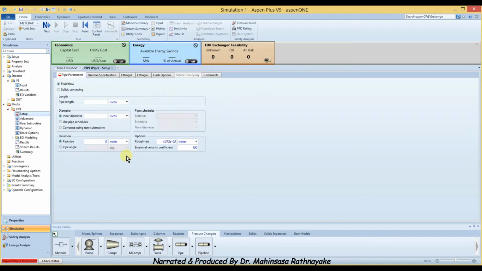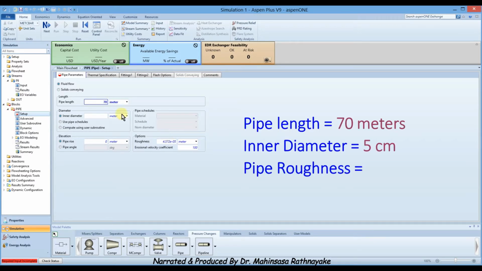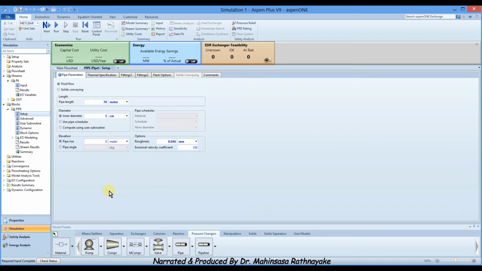Make sure that we model fluid flow. Total pipe length is 70 meters. And enter the inner diameter of pipe as 5 centimeters. Then enter the pipe absolute roughness as 0.046 millimeters. Then go to fittings